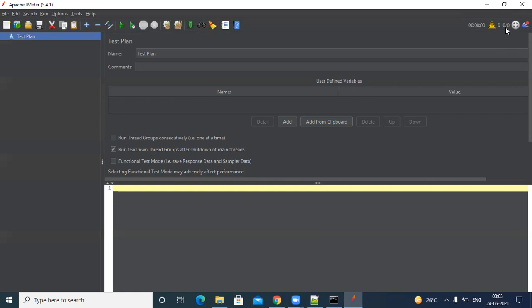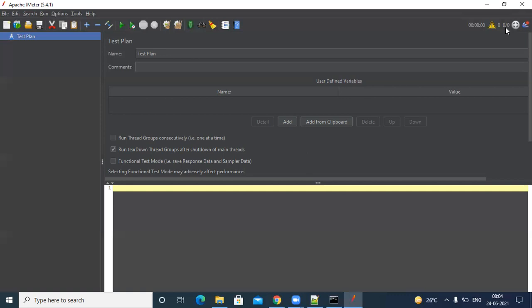So why plugins, and what are plugins? JMeter is open source, no? We can't know that everyone has the same requirement or the same tool. Each project has different requirements and different use cases. You don't know, right? And like the features in our world, no tool can support all the things.